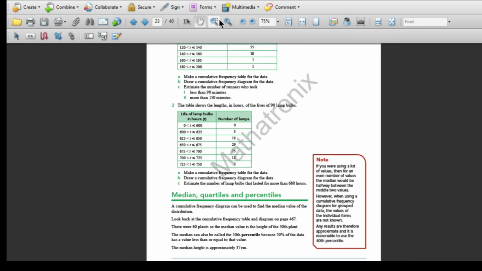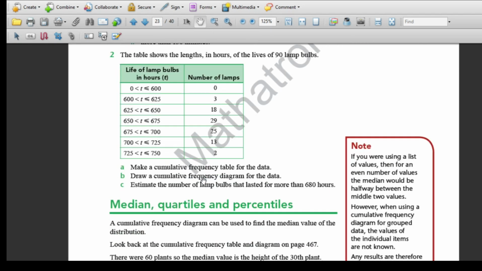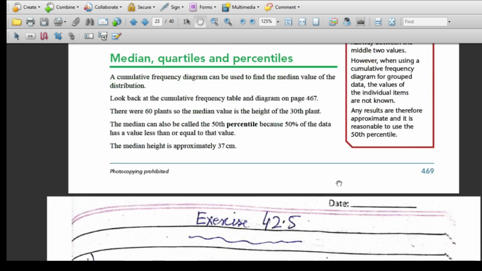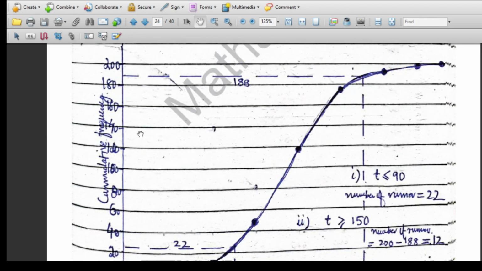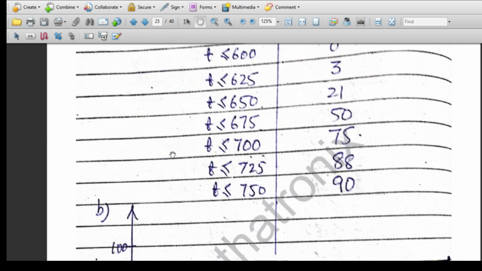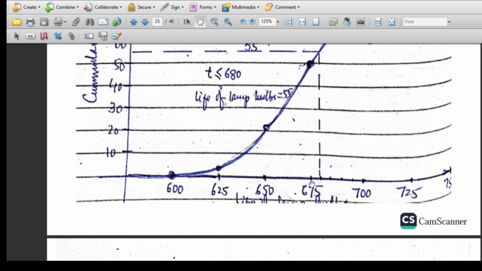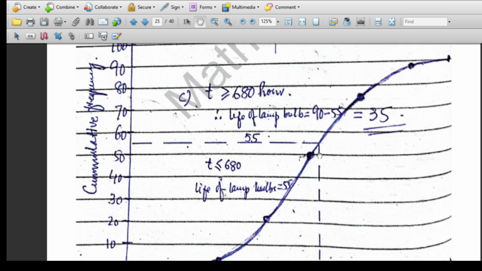last part, part C: estimate the number of lamp bulbs that lasted for more than 680 hours. So we will draw the line at 680 hours. This is 675, so 680 corresponds to this. Here we have 700, so this is 680. At 680 we see that 55 lamps